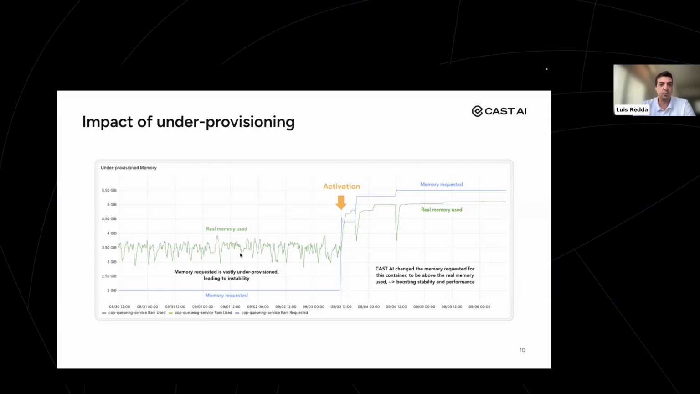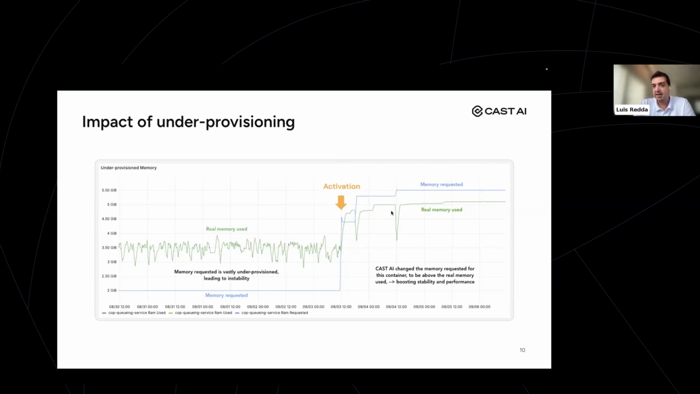This represents the application crashing. Here on the right, we can see exactly when we activated our workload optimization. We detected all of this data and how much memory it really needed. And we started adjusting. We adjusted like three times here until we found a better